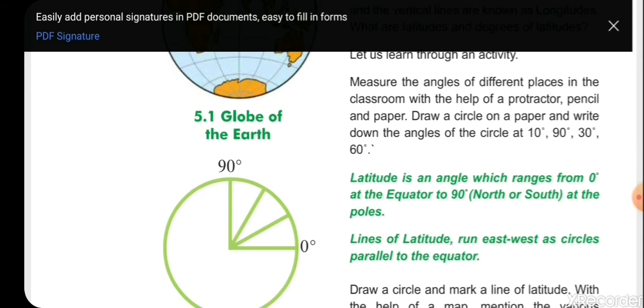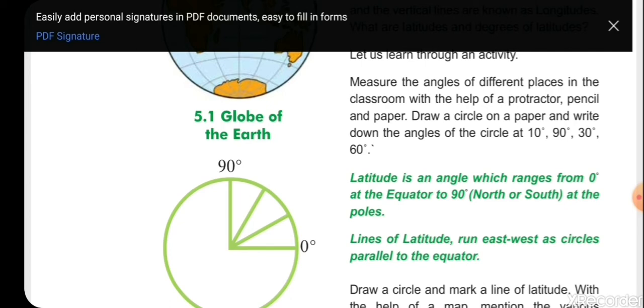and using a pencil and protractor they are asking us to draw different angles or the degrees, which you all must have learned about angles and degrees in maths, and we use protractor and pencil for that. So using your protractor and pencil they are telling us to draw 10 degree, 90 degree, 30 degree and 60